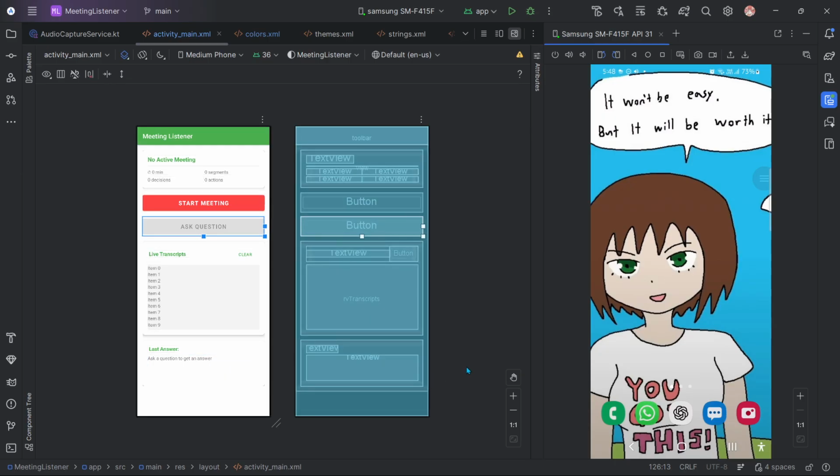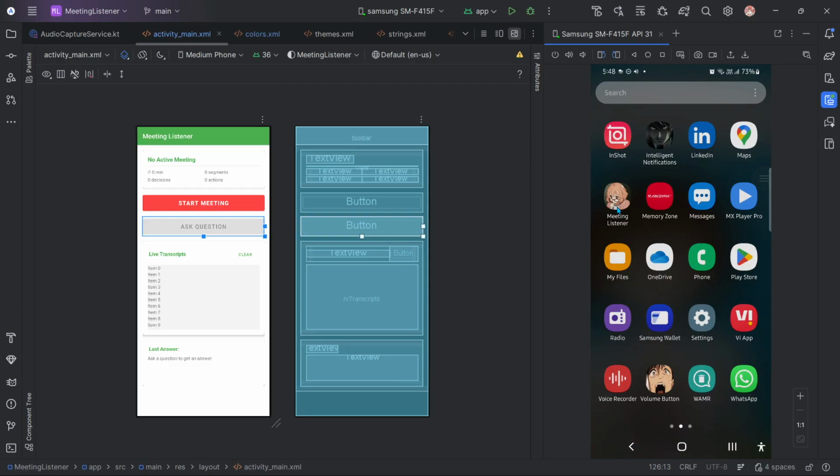Let me give you the tech stack. For the app development, I've used Android SDK, Android 12, and API level 31. For speech recognition, I have used Vosk, which is free and open source. For now, it supports Hindi and English. I can add more; it's not rocket science. For the API calls, I've used OkHttp, and for JSON serialization, I've used JSON. For the database, I've used Room, and for the UI framework, we all know Jetpack Compose is a good one. For the foreground services, I've used NotificationCompat.